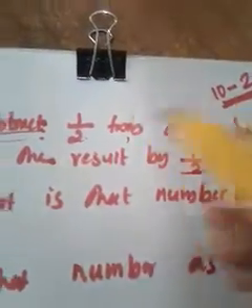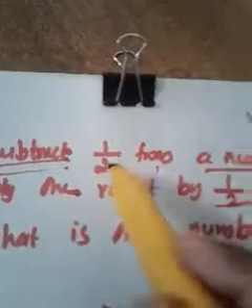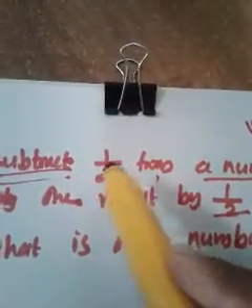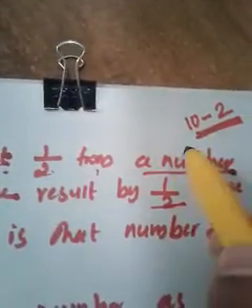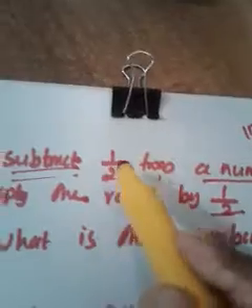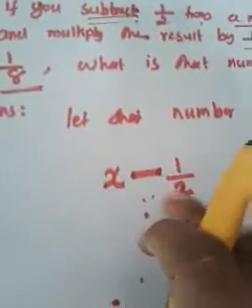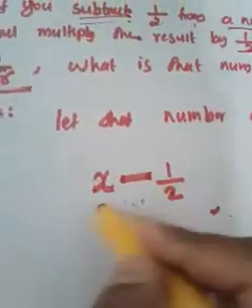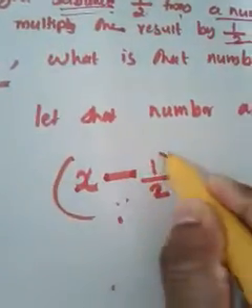So once again, I am going to subtract 1 by 2 from a number. That number I mention as x. What do I have to do? I have to subtract 1 by 2 from that number. So that number you write first, let it be x, then subtraction minus 1 by 2. So I got a result like this. Since it is not a single result, this is in terms of two numbers, just give a bracket.